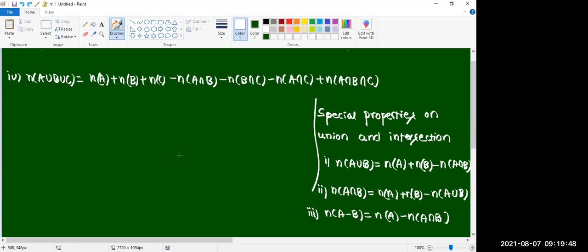So the concepts got over. What all concepts did we discuss here? Venn diagrams first today, union of sets, intersection of sets, difference of sets, complement of a set, and some special properties on union and intersection. And one more thing, last year they deleted the complement concept. We didn't get this year's blueprint yet. They may delete it this year also. The 30% they deleted last year, they may delete this year also.